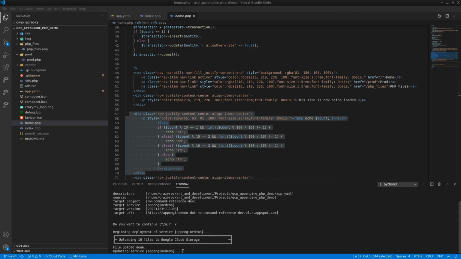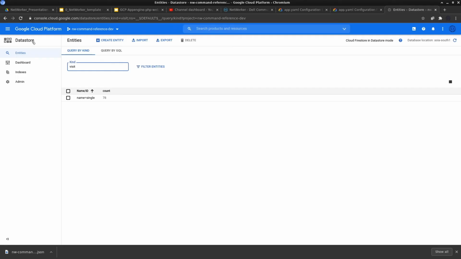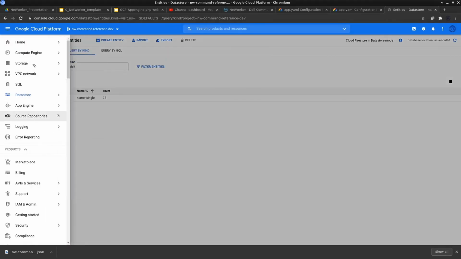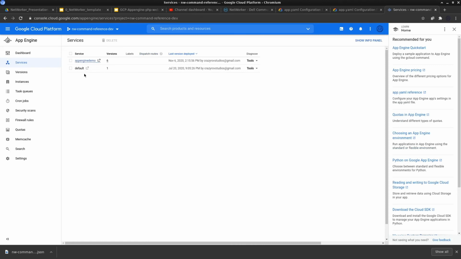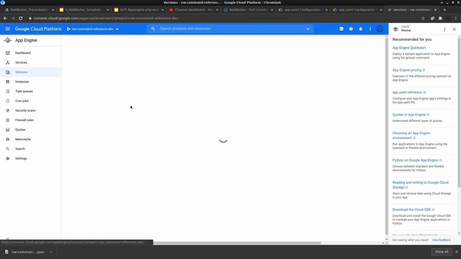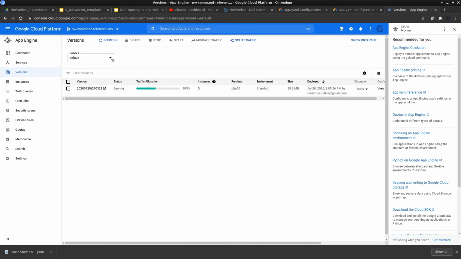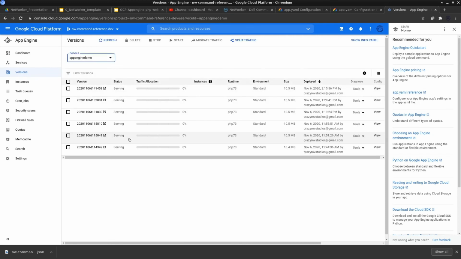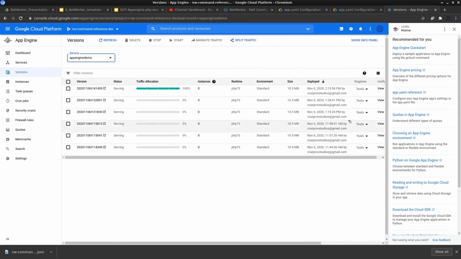At this point, if I go into my App Engine, which is right here, and go to services, as I mentioned, I have a default service and demo service. Let me go into versions, and for my App Engine version, it's still not reached here.